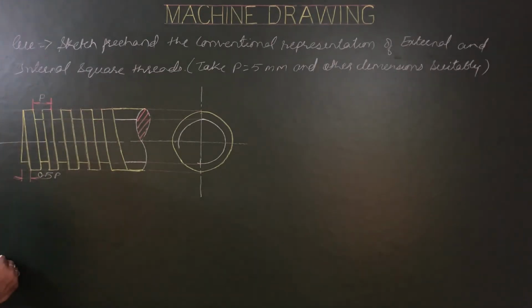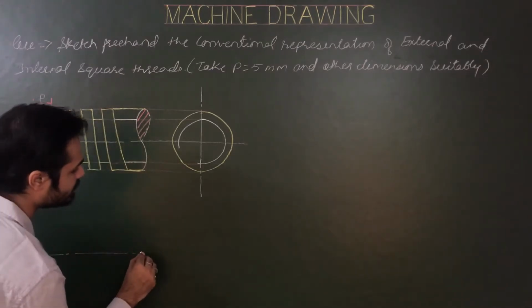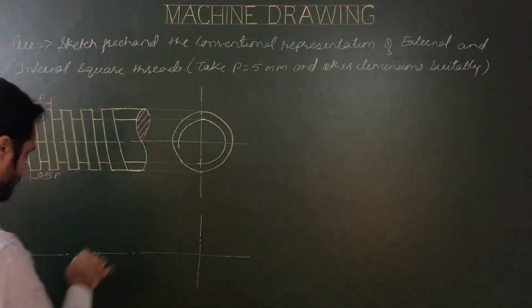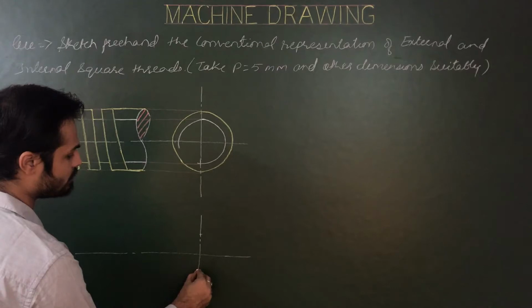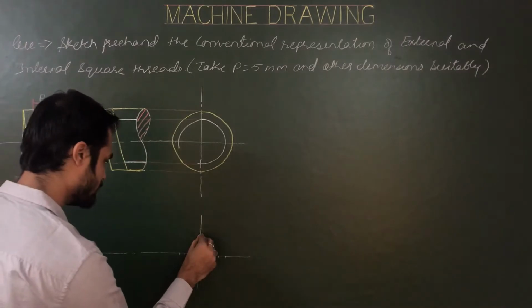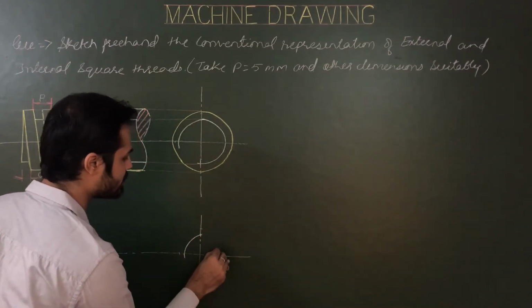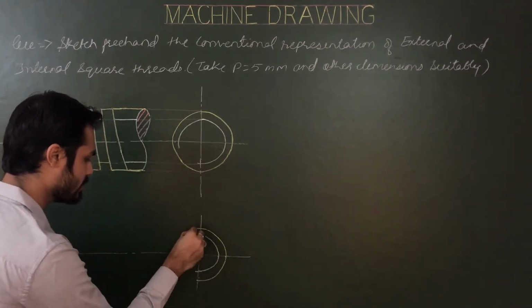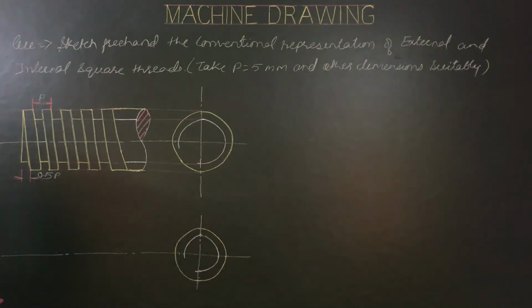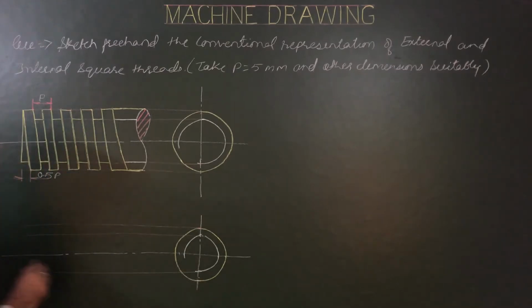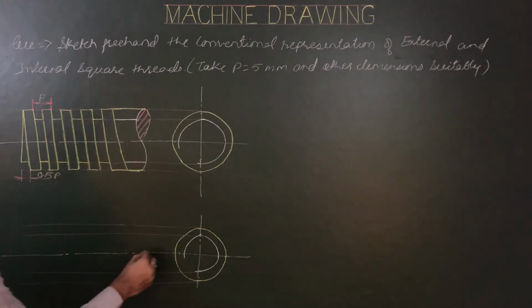Similarly, for left hand thread, again draw center line as discussed, then a vertical line. Again draw two circles of dia 0.8 D and D. So this circle is incomplete. The first circle is incomplete for representation of external threads, and the second circle with dia D is a complete circle, right? And then draw projectors for the front view by extending lines parallel to XY. Again we have to repeat this process.